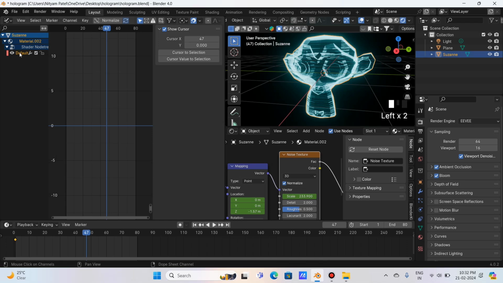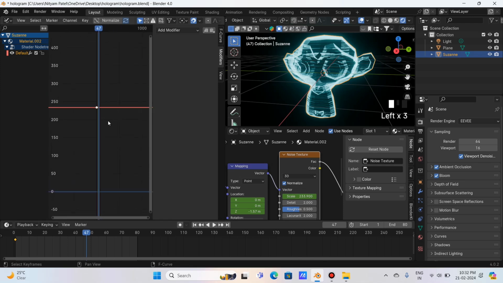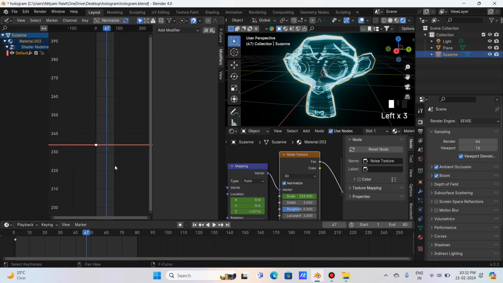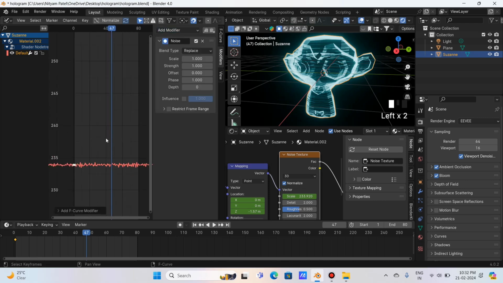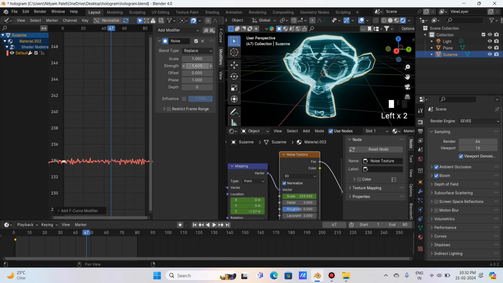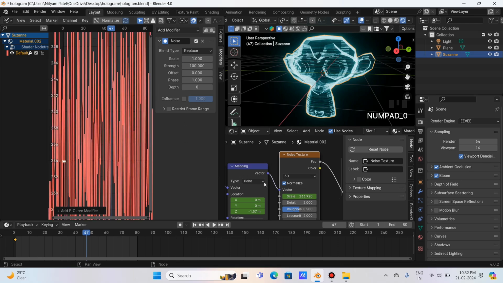So in the same way, select the noise texture and do the same noisy effect. The value of the noise texture is high, like 230, so it will be at the upper side of the graph. Now same way, go to the modifier and add noise modifier. So here I want more movement for the scale, so I just increase the strength to like 100, so it creates more movement. So here you can see the value going up and down is very high, and to animate